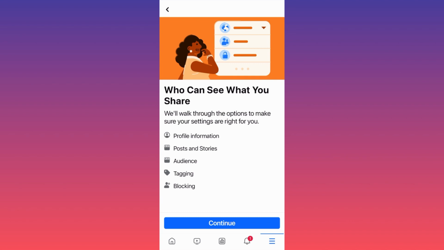Again, very, very important. As you can see over here, you will be able to customize the actual public profile information, the posts, the stories, your audience, who is tagging you, who is seeing who is tagging you, what type of content you're tagged on, and the most important part is, of course, the blockings, who you're blocking, who is currently blocked, right? All this information could simply remain private, considering that on your Facebook bio, people usually put where